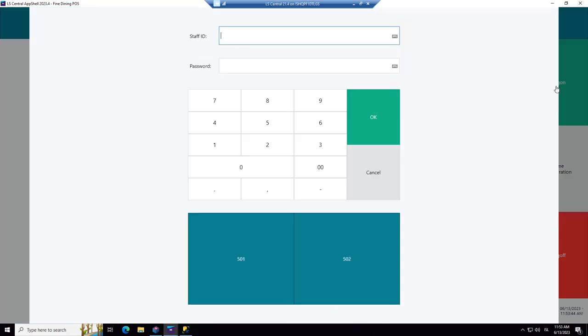So we log on. Now we're not going to use staff 501, we're going to use waiter 501. That is the terminology in hospitality. You can either key in the number or use this button. 501 has full access, while the 502 guy has limited access, similar as we have looked at already in retail, remember, when we used 102. So we are going to open it with 501 full access.